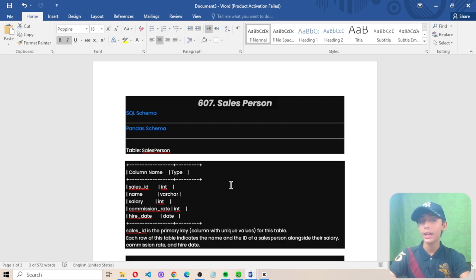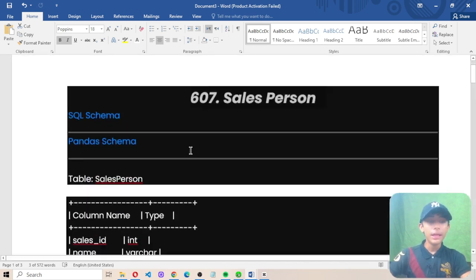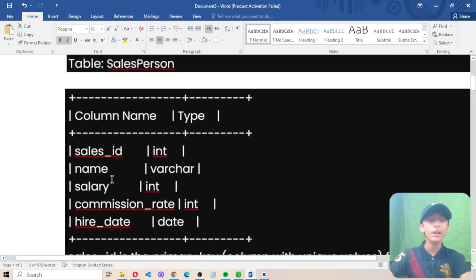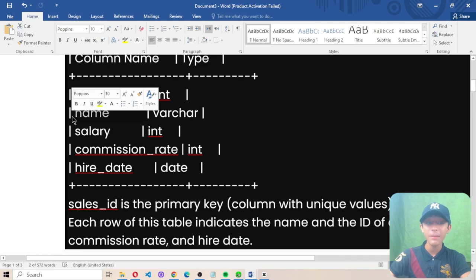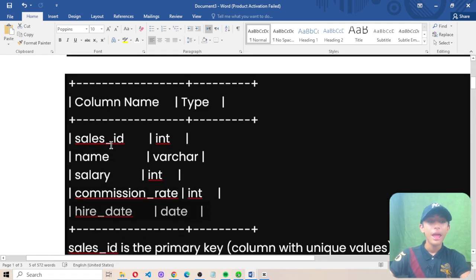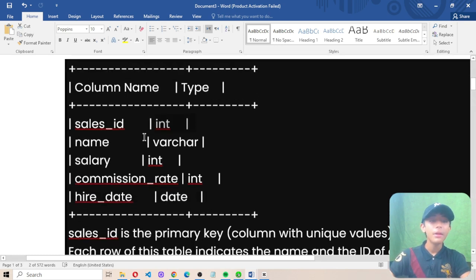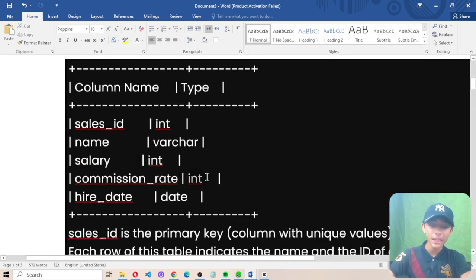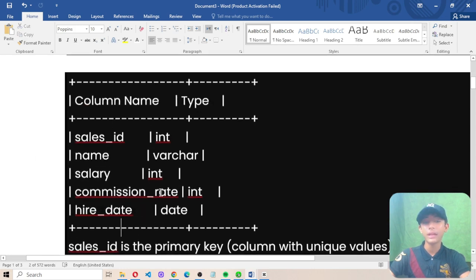So now let's begin. Here we have one table by the name of salesperson. The columns are sales ID, name, salary, commission rate, and hire date. Sales ID type is integer, name type is varchar, salary type is int, commission rate type is int, and hire date type is date.